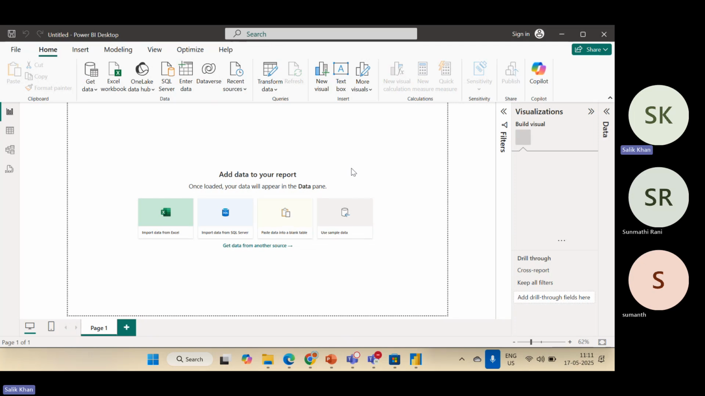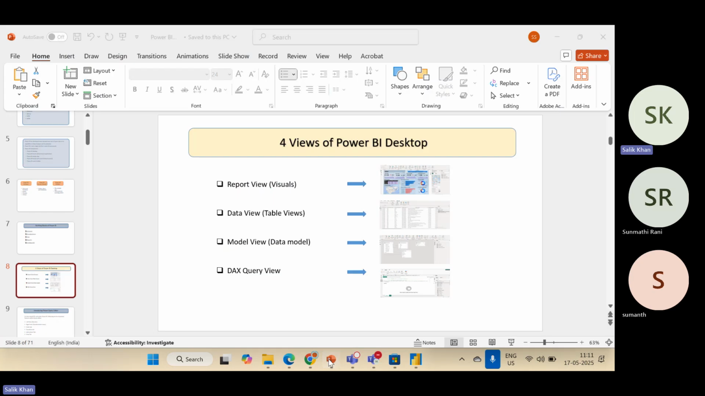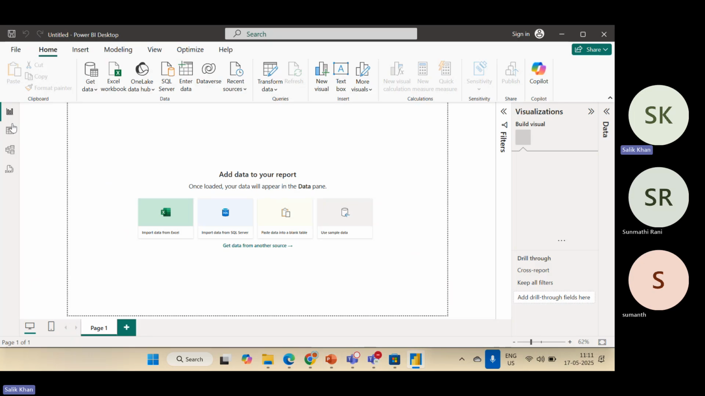Now that I've opened the application, you can see the graphical user interface. As we discussed earlier, Power BI Desktop has four main views. These four views you can find here: the report view, the table view, the model view, and the DAX query view. So this is the GUI when you open Power BI Desktop. Right now we are in the report view, as you can see it is highlighted in black color. If we switch to the table view,